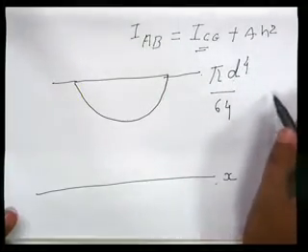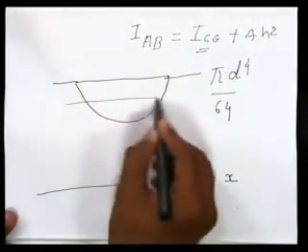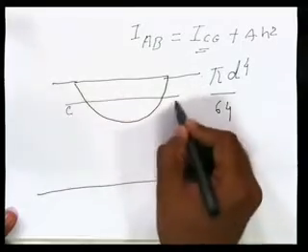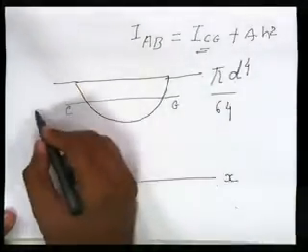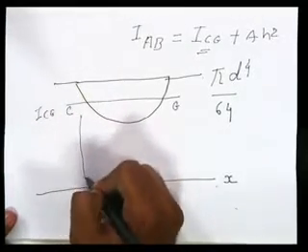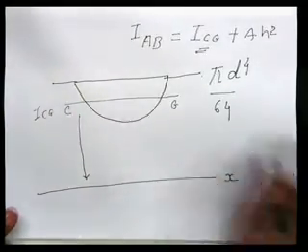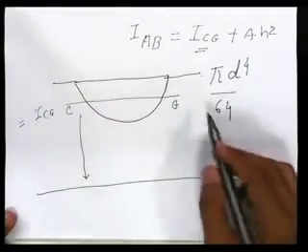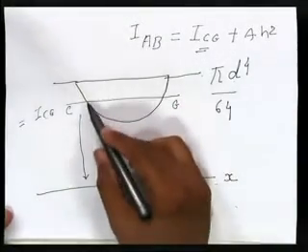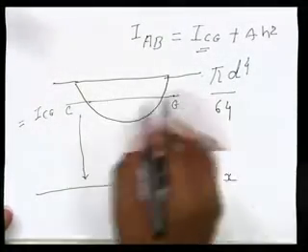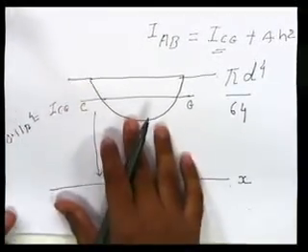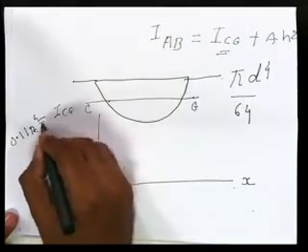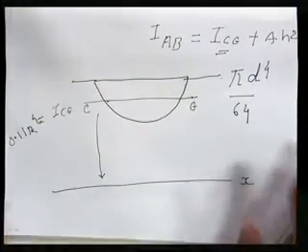You have to first find the moment of inertia of the semicircle on its centroidal axis, and then you can transfer the values from here to the x-axis. For the semicircular section, the value of moment of inertia about the centroidal axis is 0.11 r raised to 4. This is 0.11 r raised to 4. So accordingly you can find the values of moment of inertia.